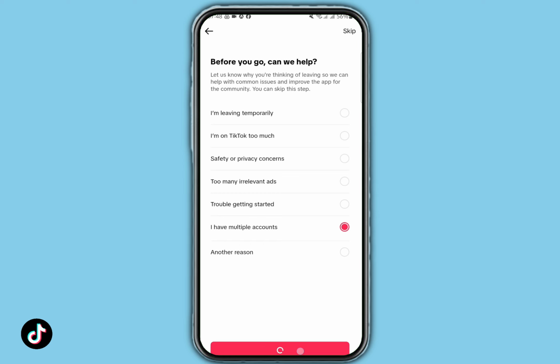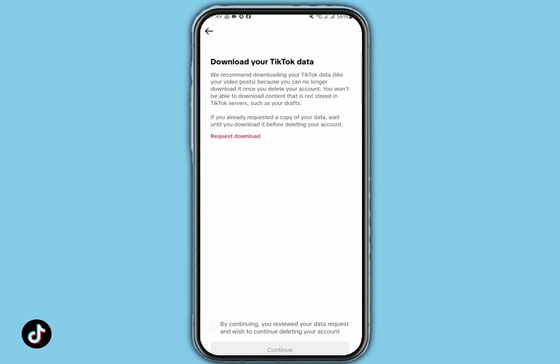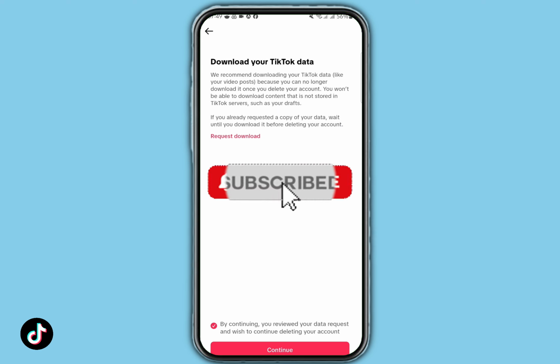Give it any reason that you would like, tap continue. Now, if you would like to request your TikTok data, you may go ahead and do so by tapping on this red button. If not, check this, tap continue. And just like so, this is how you can